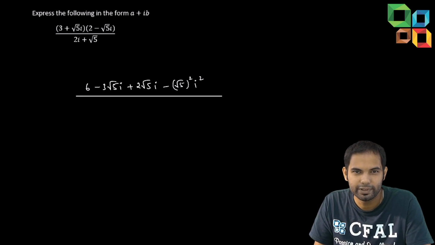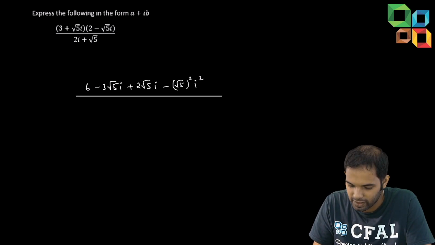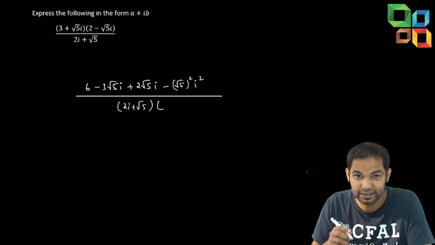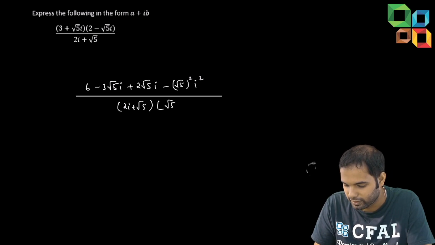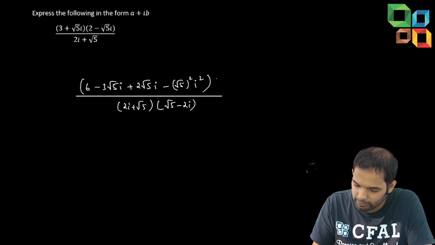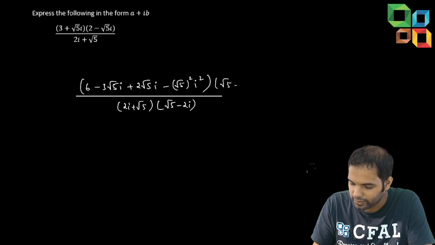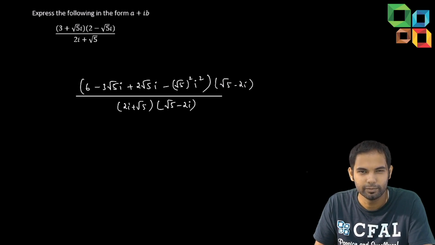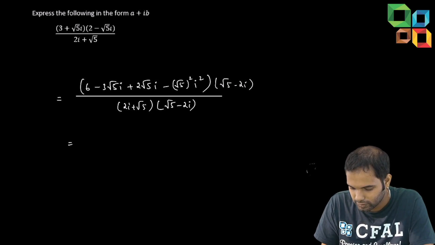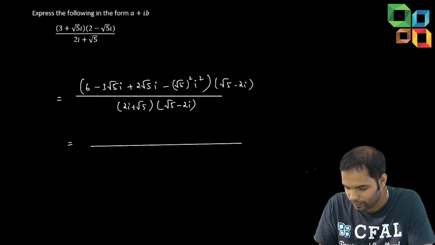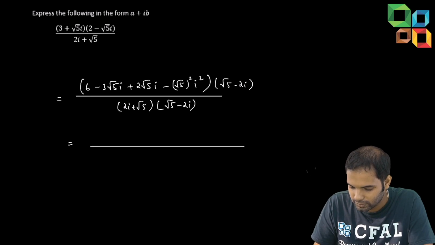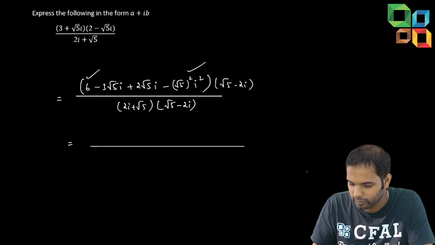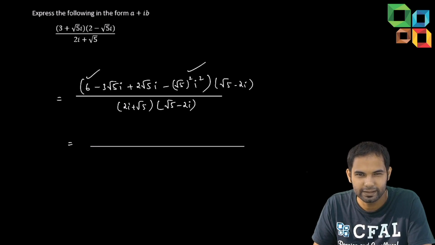Now, we know that to get rid of the denominator, all we can do is multiply with the conjugate. Be careful, i is written first. So we'll write root 5 minus 2i, and numerator also will be root 5 minus 2i. Let's simplify. Numerator is 6. This will be 5 because of the minus sign. It will be 11